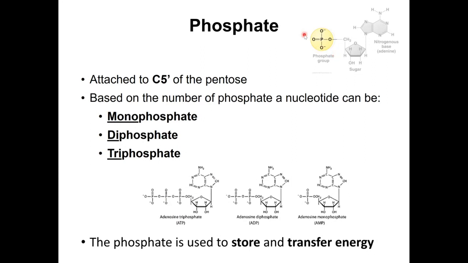So here, this will be adenosine monophosphate, AMP. This has 2 of them. We refer to a nucleotide diphosphate, so adenosine diphosphate. And if you have 3, you're talking about adenosine triphosphate in this case,